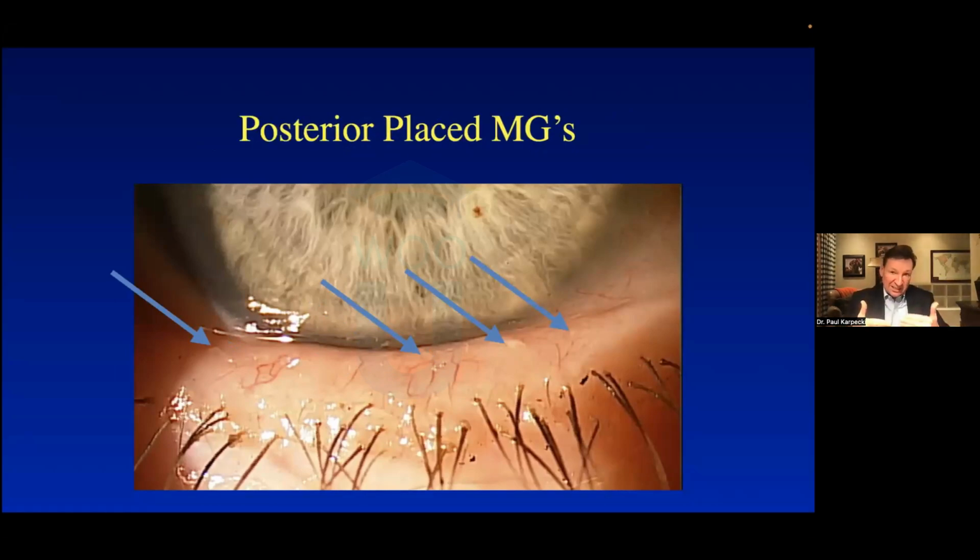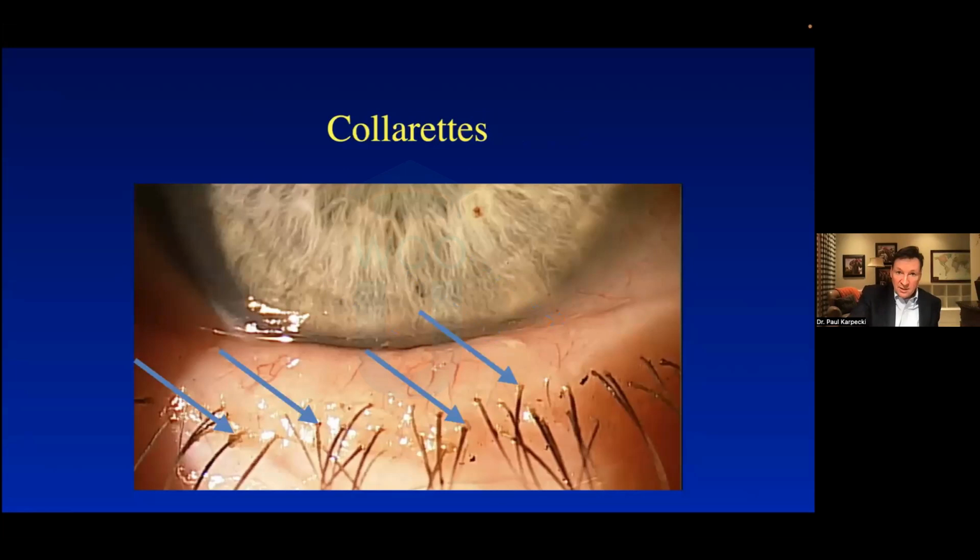The meibomian glands usually start anterior to middle, and they move back. Maybe because the eyelid's thickening, maybe that's just what happens with progression, but that is extremely posterior. Patients probably had this for decades. Collarettes. Now, normally we look for collarettes in the upper eyelid because it's easier to see them, but they're present in the lower eyelid. You know you've got a fairly advanced case of Demodex.